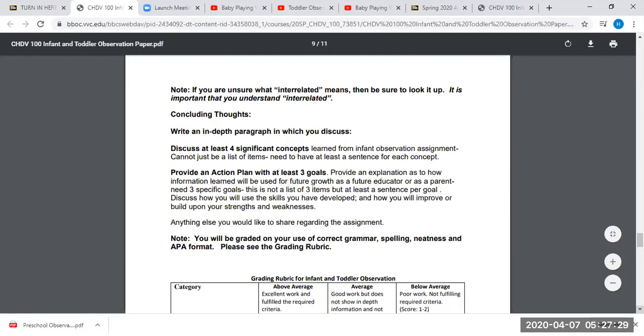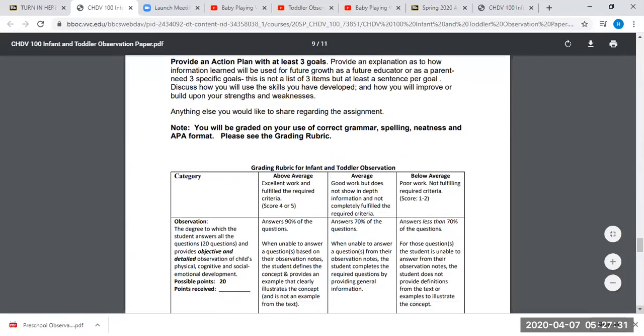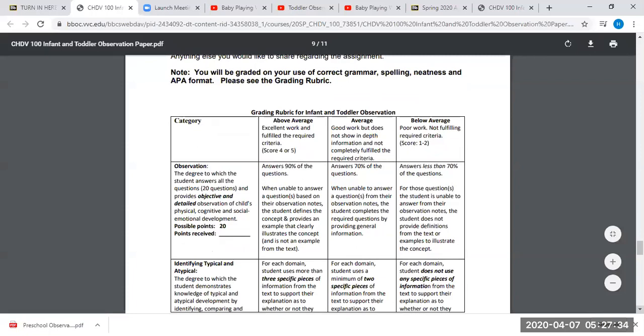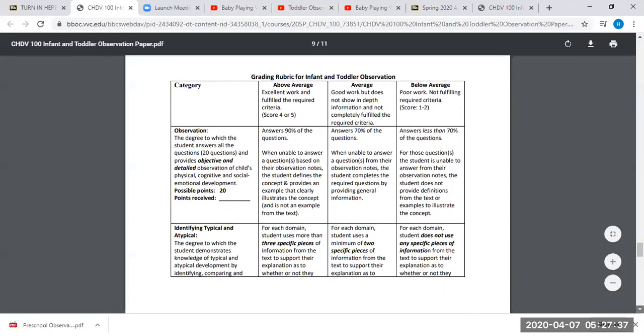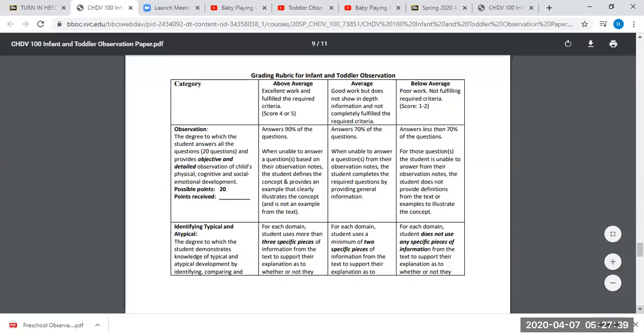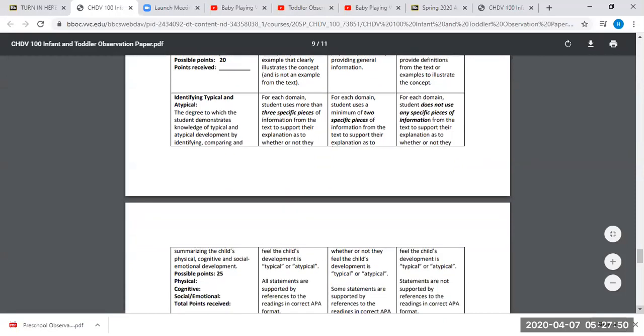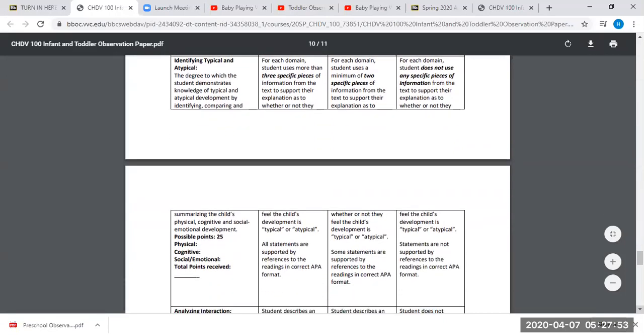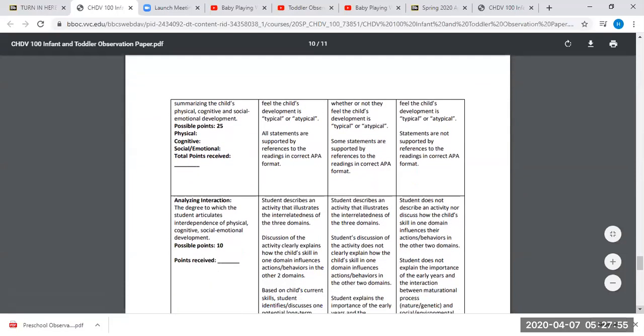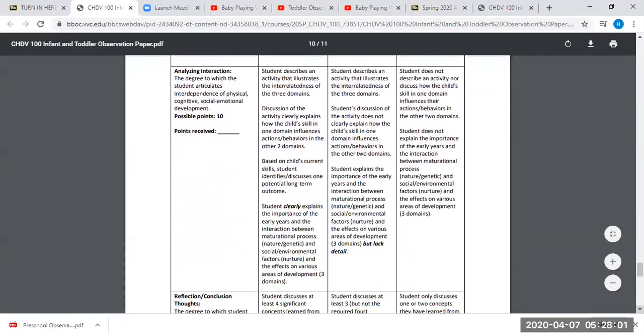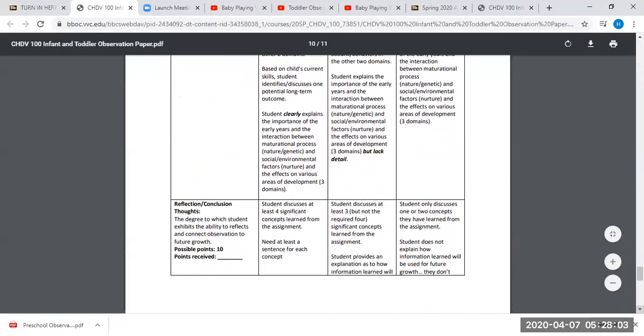You're also going to need an APA reference page. If you're looking at the document, it gives you the actual grading rubric. So just for the observation, talking about all those developmental domains is going to be 20 points. When you're identifying typical or atypical development, that's going to be worth 25 points. And you need to talk about cognitive, social, emotional, and physical. You're going to be talking about the interrelationships, those activities, which is going to be 10 points. And then your conclusion, which is your 4 concepts, and your action plan is going to be 10